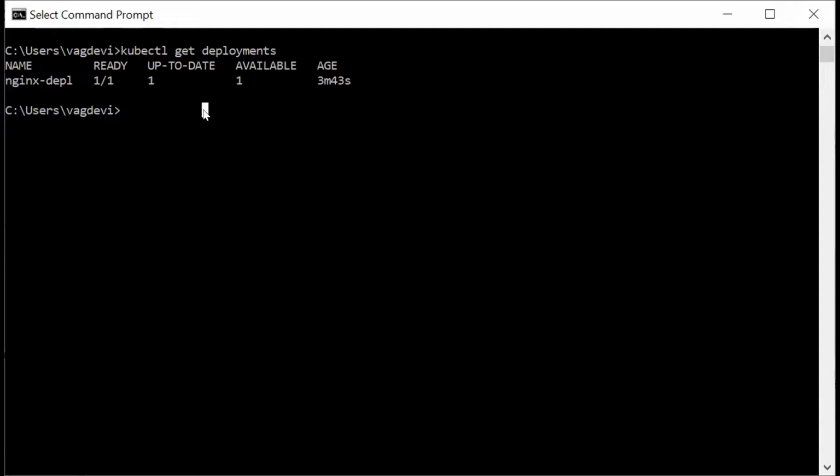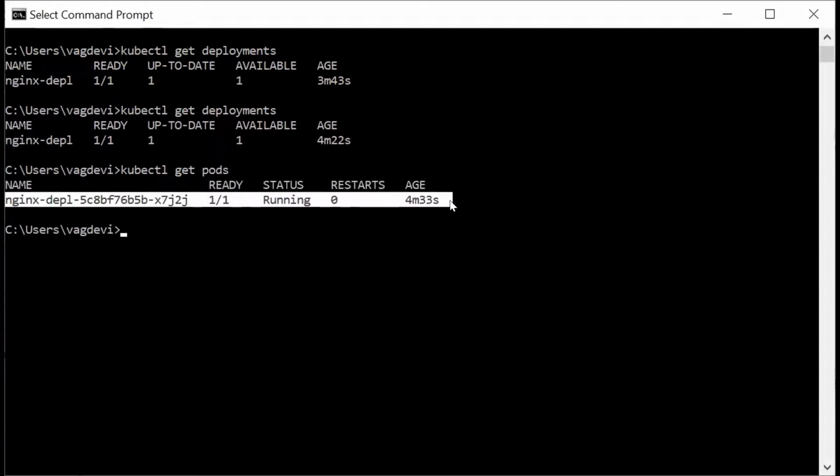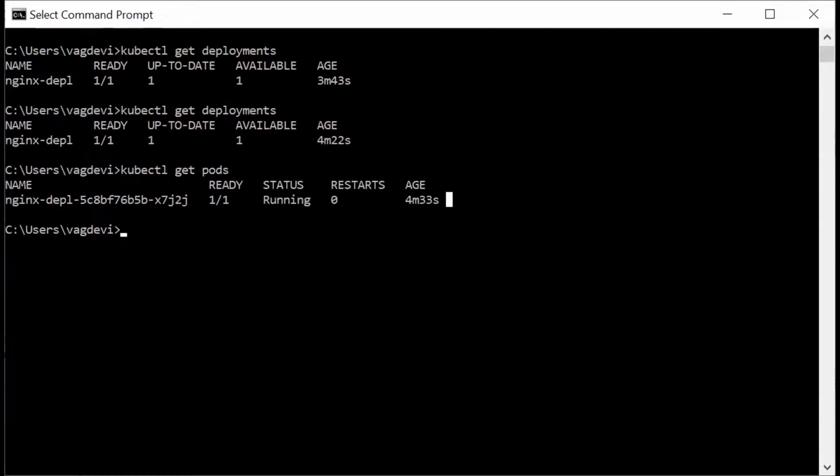To check the deployment creation, we used the kubectl get deployments command, which gives this result. Similarly, let us get the pods created by this particular deployment. So kubectl get pods. So this shows this particular pod is created. All right.